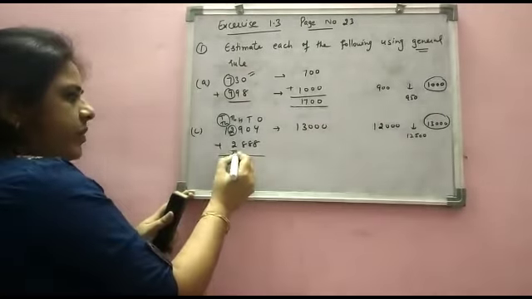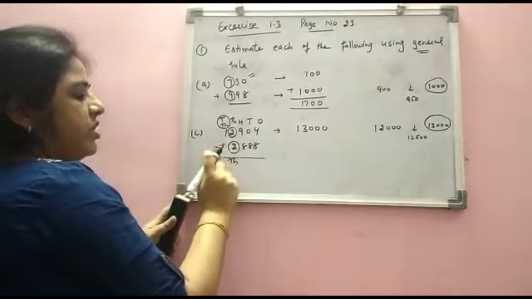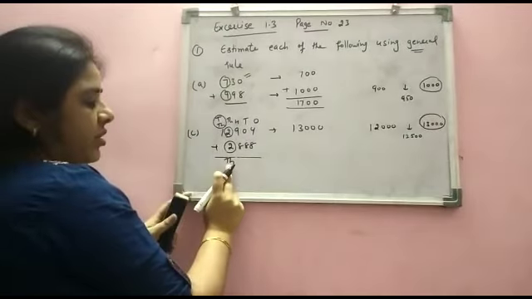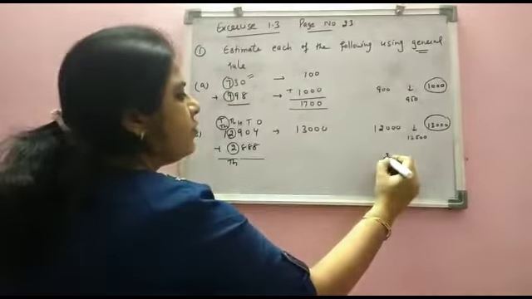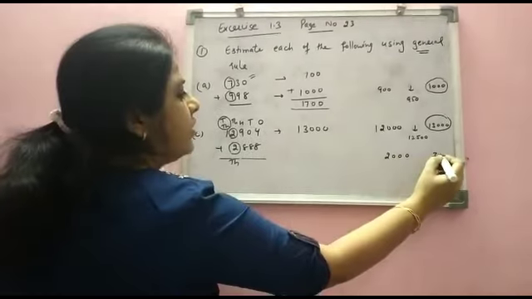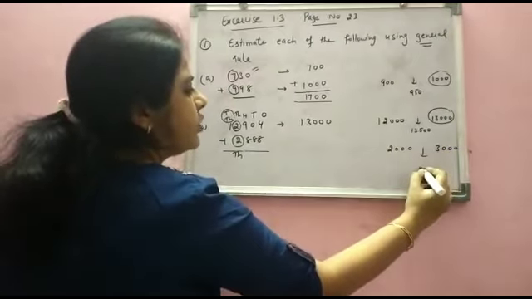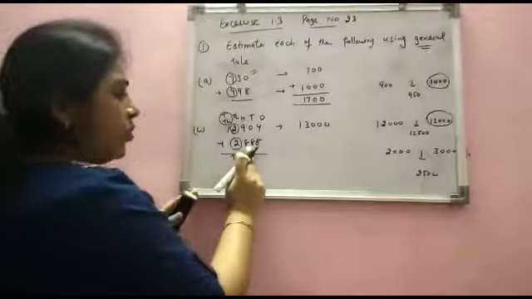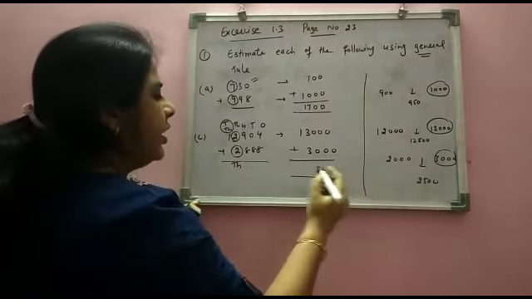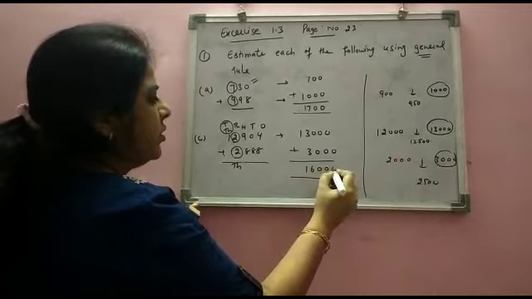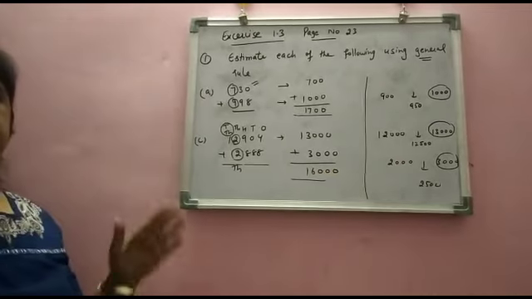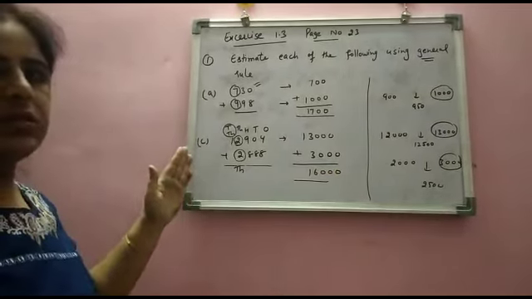Now the greatest place for this number is 1000. So this number will be estimated at 1000. So the number lies between 2000 and 3000. Halfway is 2500. It's more than halfway, so it will move to 3000. Now you add the numbers, the answer would be 16,000. So now do the B and G part yourself and the answer will be discussed later.